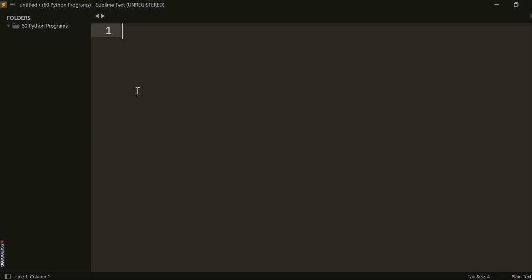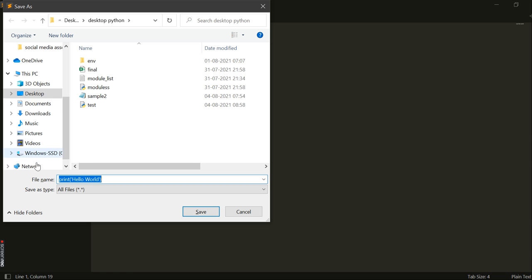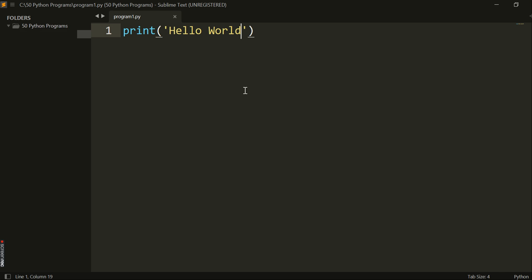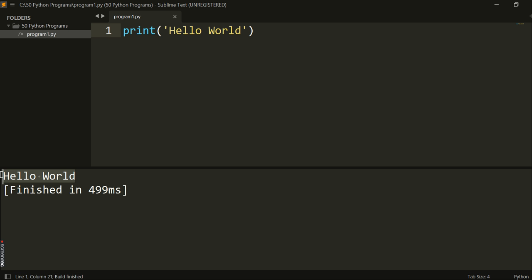There, you just write print. Let me tell you about the versions of Python. Then Control S, now save it in your folder. Let's suppose this is my program 1. I will save here with the extension .py. Now this has been saved. Control S, Control B, then you can run your program in Sublime Text. If you have VS Code or you want to write the code in Notepad++, then you can search online how to run that code.